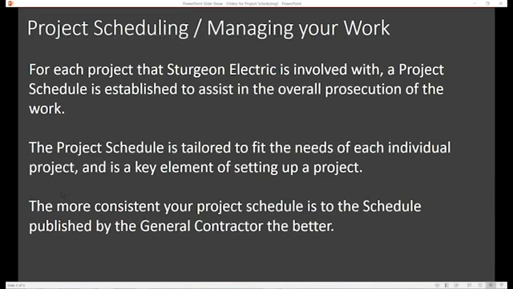And the more consistent your project schedule is to the schedule published by the general contractor, the better. What that essentially means is we've all been on jobs where the GC walks into the foreman meeting, throws out a bunch of paper and says, this is the way we're going to do it. And you look at your schedule and it doesn't match it in any way, form, or fashion. What we have done here, and is typically what we do for all project schedules, is if the general contractor has an activity in his schedule, we try to adhere to it and figure out a way that our work coordinates to that